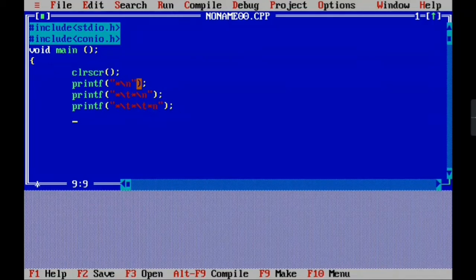So I am writing one more printf. Okay, now again the small bracket, star, \t, star, \t, star, \t. And as you are seeing, why is it showing like this? Because I have not given the double quotes. I am showing this to you all so that you don't make such mistakes. See, as I gave the double quotes, it has come back to normal.